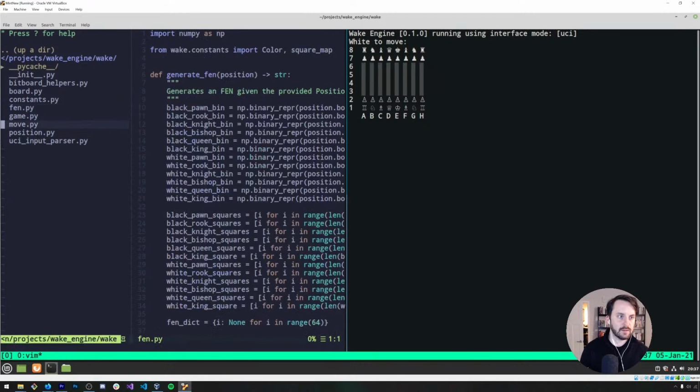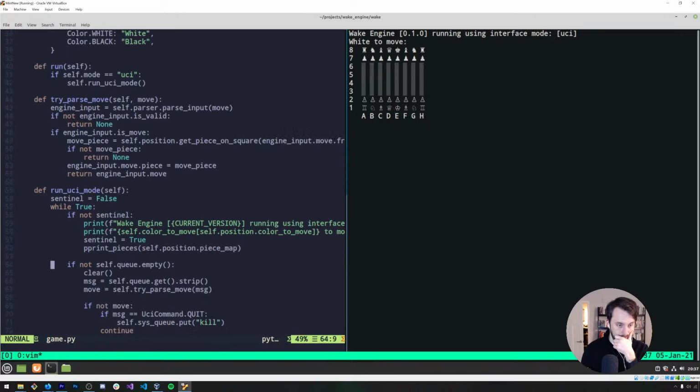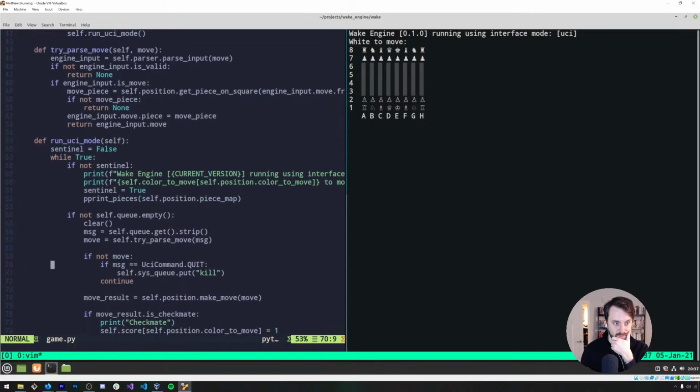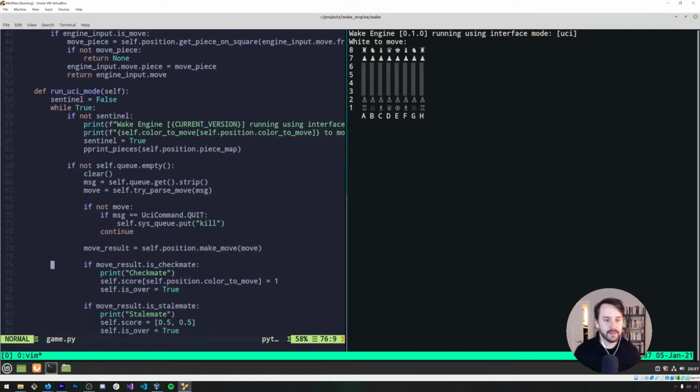Not FEN. Alright, so if the queue's not empty, get the move, try and parse it. If it's not valid, then check if it's another command. Basically, if it's not a valid UCI move, then we check to see if it's another valid UCI command.